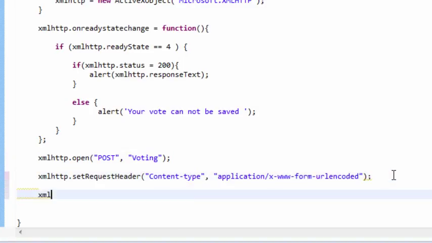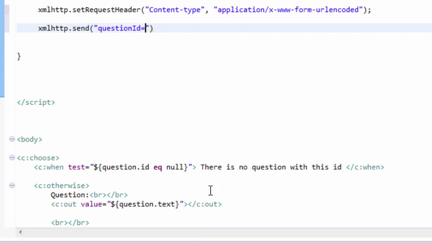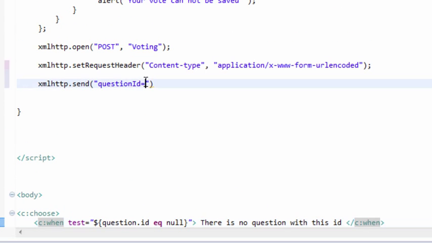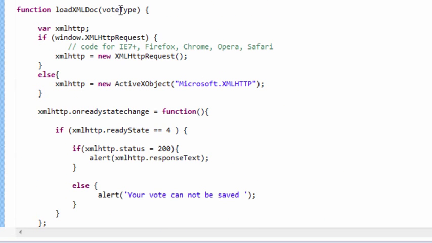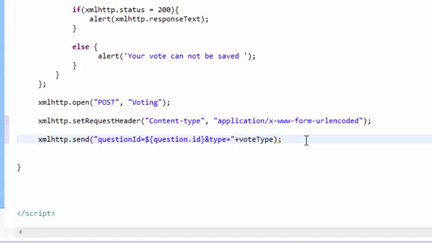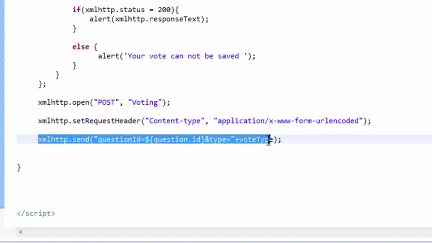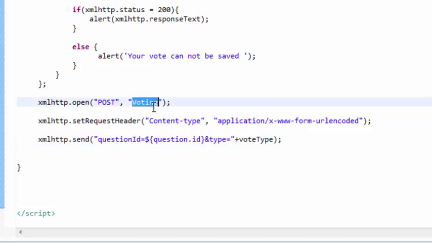After that, I'll send my data. Question ID equals, let's get it from the JSTL. This is perfectly legal for getting the value from the JSTL, so I put it here, and type equals the vote type. So we basically open, set request header, and send the data to the voting servlet via the HTTP POST